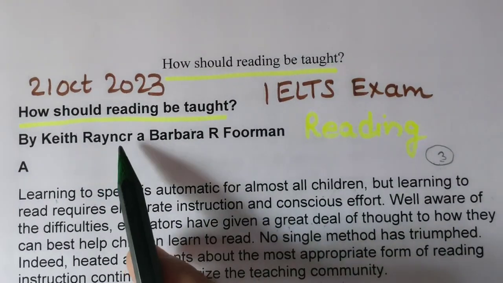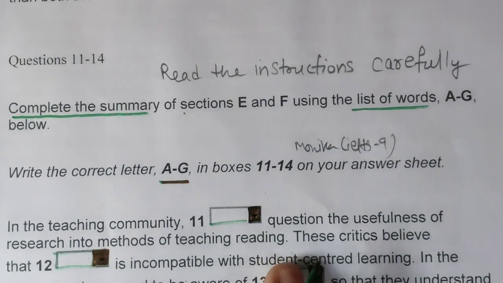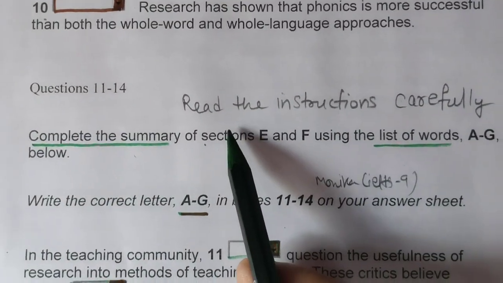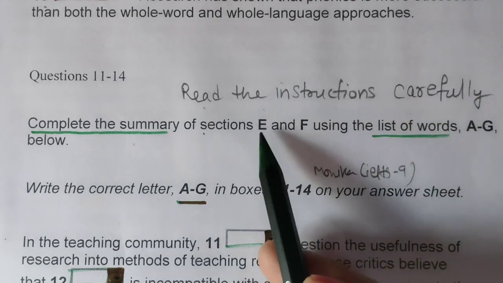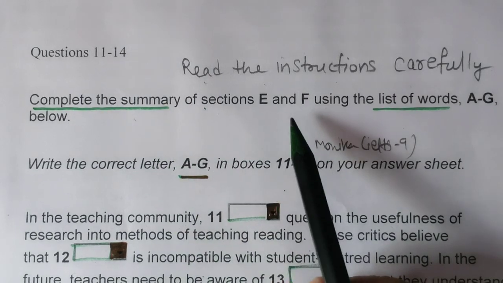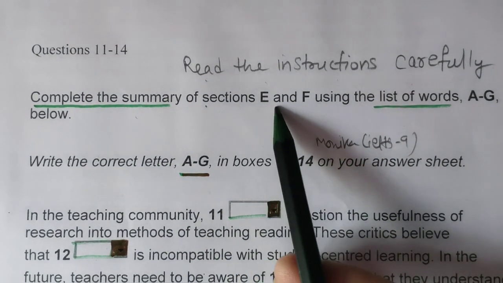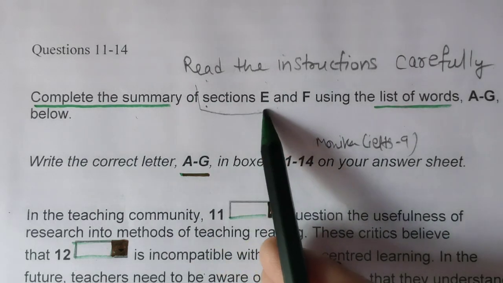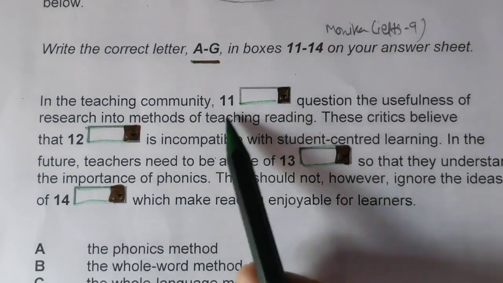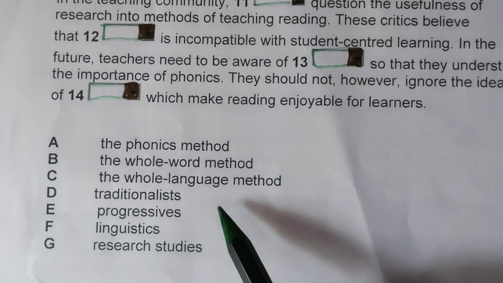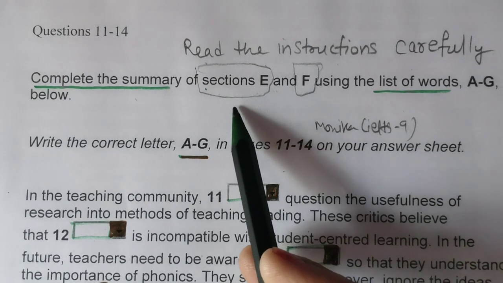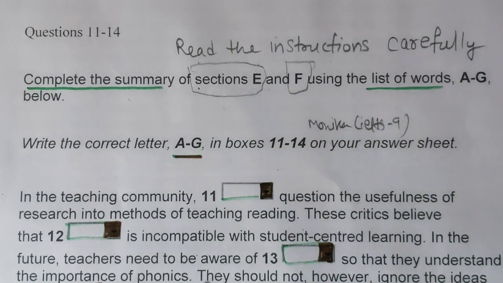So here for this reading we will be doing this question statement. Complete the summary with the help of these help box. Yes. So what I have written, can you see this? Read the instructions carefully, because when I was doing it for another channel in Hindi, that time I did not read the instructions carefully. See this. We usually see complete the summary means fill in the blanks, and they have given some help box, so straight away we will start finding the keywords and all. But don't ignore the instructions, I am telling you, otherwise you will not get the answer.